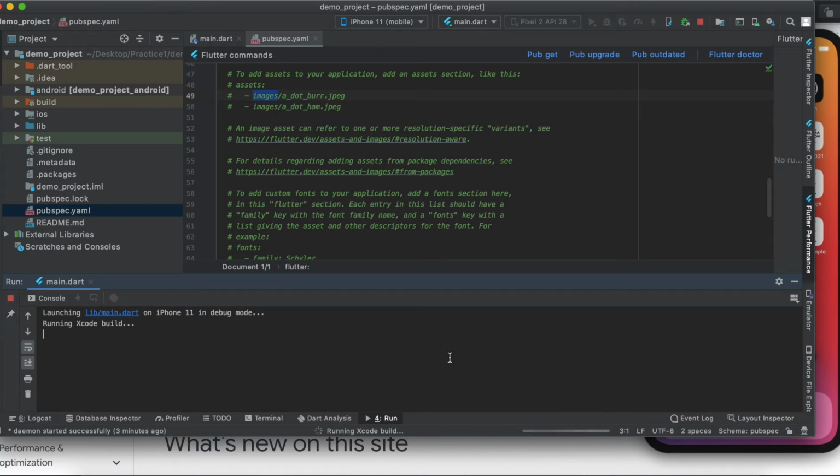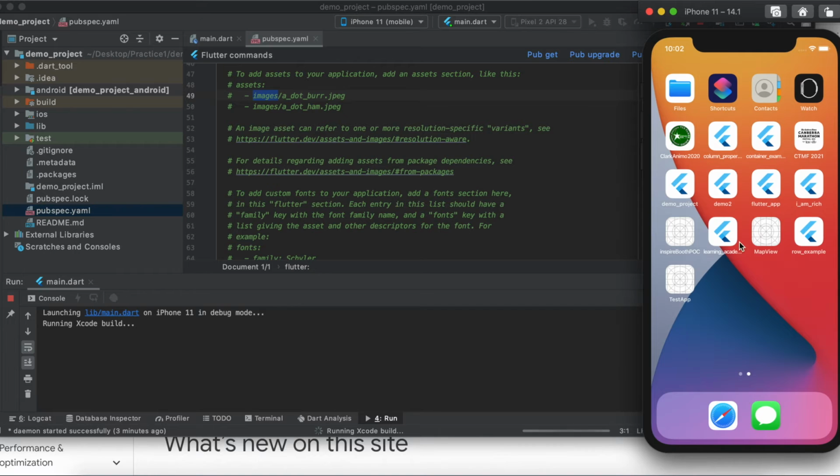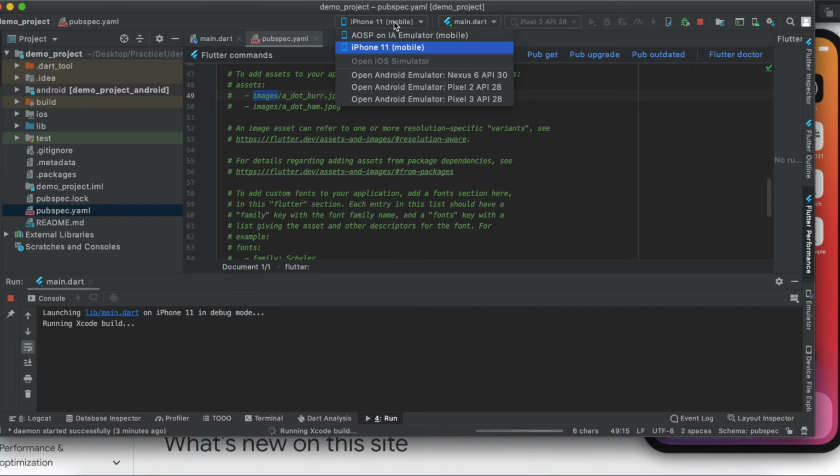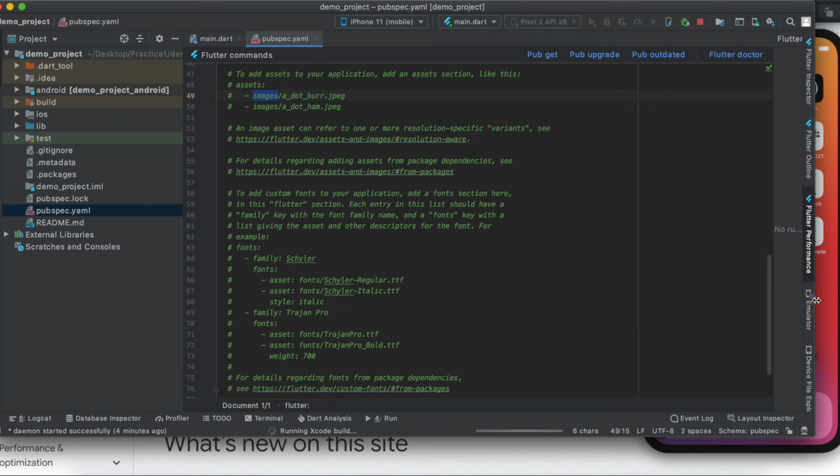It will show here running Xcode build. It is launching on my iPhone 11 device, and it will be running in this. After that also, I can choose any other emulator or simulator from this. I have to just open that simulator or emulator to get it up and running. And till then it will run.